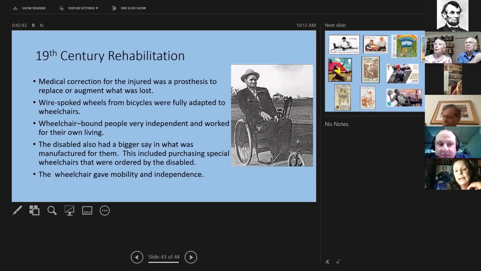Now, medical correction in the 19th century was for the injured with a prosthesis to replace or augment what was lost. And wire-spoked wheels from bicycles were fully adaptable to wheelchairs. And wheelchair-bound people were very independent and worked for their own living.